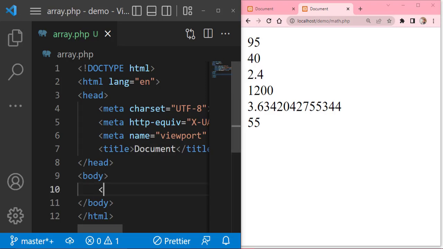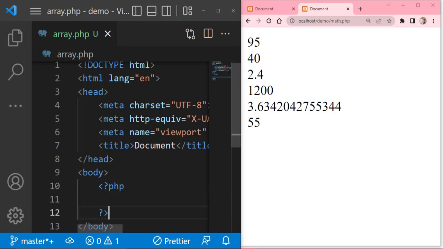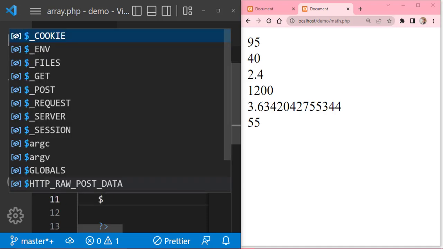Now let's create our PHP syntax right here. I'm going to declare the first variable. Okay, so we have dollar, let me give it name,